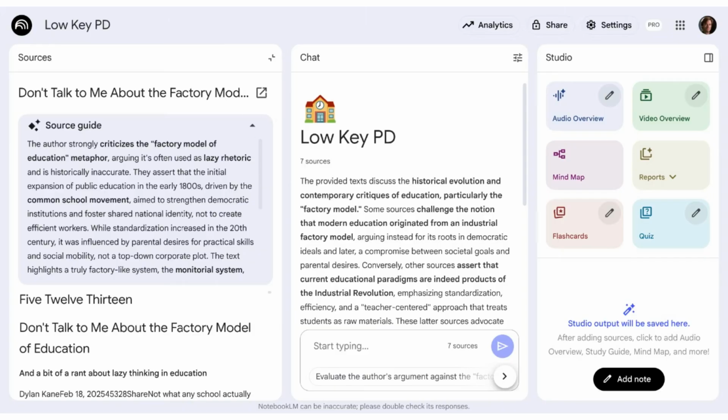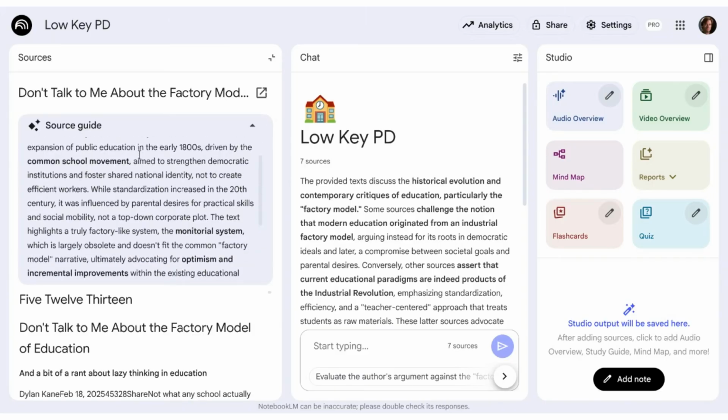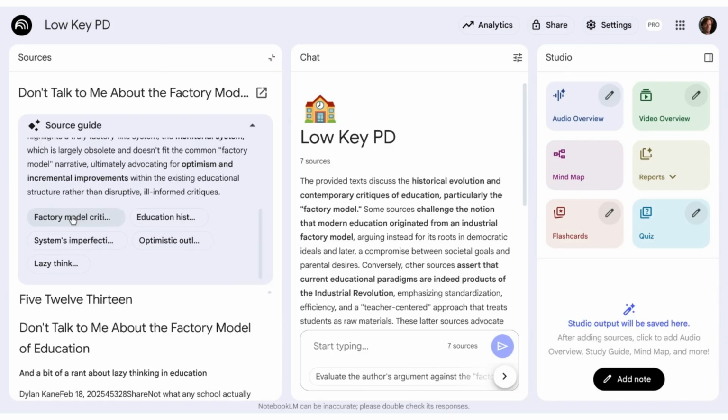Now, when I have this summary panel open and I scroll down a bit, you'll notice that there's 5 little headings here. These are key topics that are discussed in this particular source. So if I've read the summary, I can understand what's in the source. I can also read the source, but NotebookLM will also help me organize the contents of that source by finding